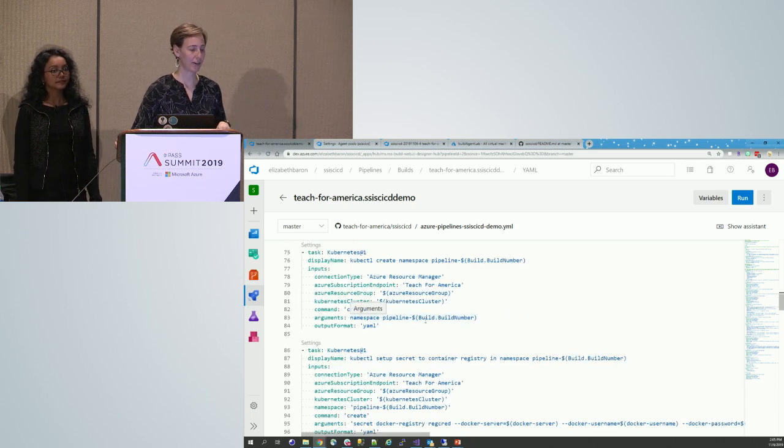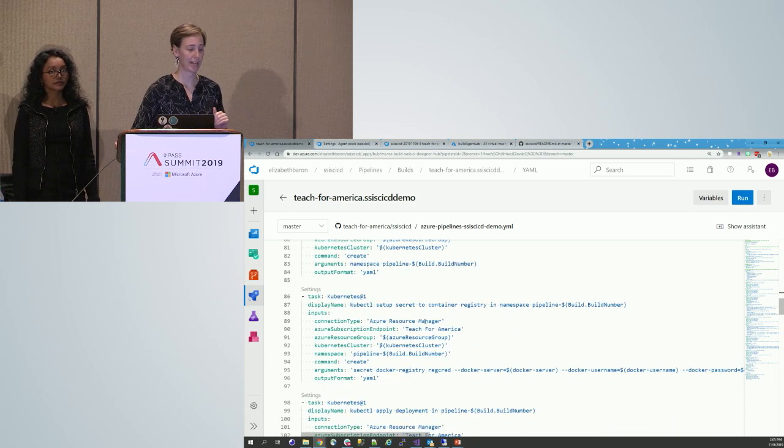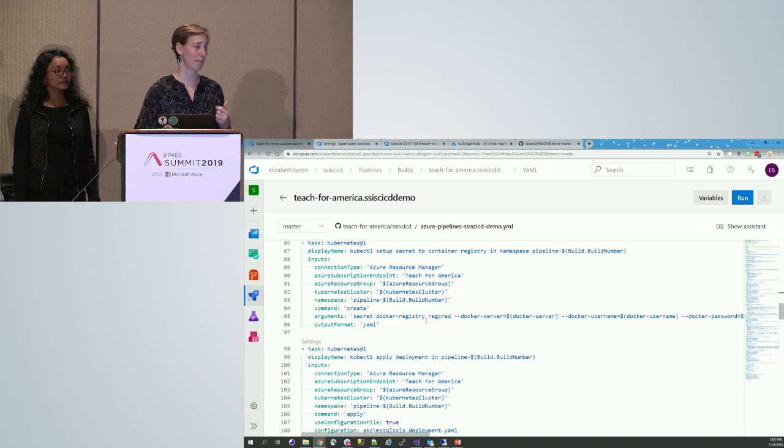So we have this pipeline created. We have a namespace created for the pipeline. We set up some secrets so we can get to our container registry, because that's where our container image lives. Sreeja will be telling you a lot more about what that container image looks like, or rather the Docker file that creates it, and how we were able to include SSIS and some prepackaged schemas. So this was a little bit easier for us to do.